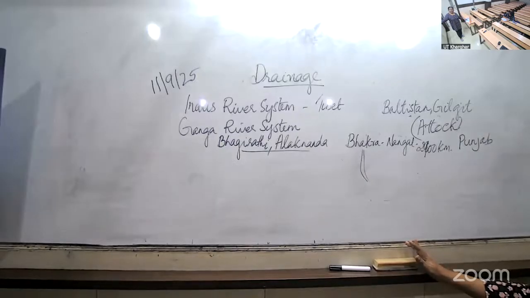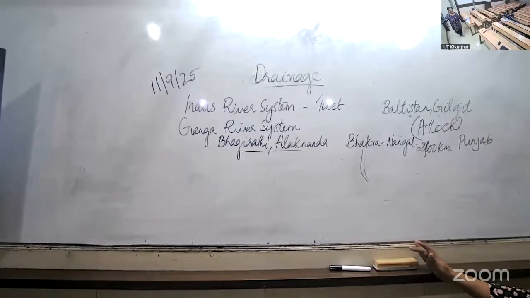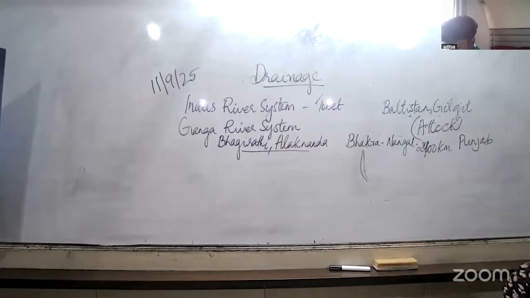Now, one more paragraph is there. Should I read the pink part? Do you know? Yes, yes. The Sundarban Delta derived its name from the Sundari tree, which grows well in marshland. It is the world's largest and fastest growing delta. It is also the home of Royal Bengal tiger.